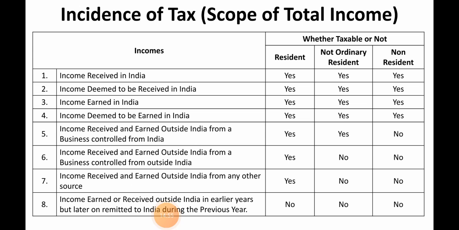Income received and earned outside India from a business controlled from India. Outside India means it is a foreign income. In the sixth point, you will also find income received and earned outside India from a business controlled from outside India. So in the fifth and sixth points, it is very clear that these are not Indian incomes. These are foreign incomes. So what we have decided in case of foreign income: ordinarily resident definitely will pay tax, and for the rest of the two residents,